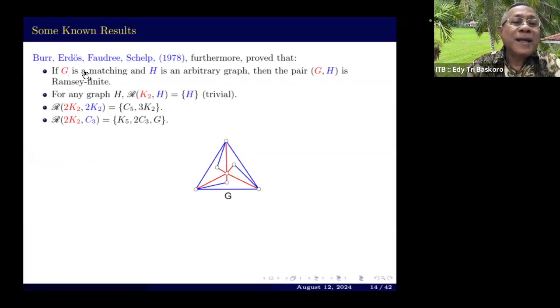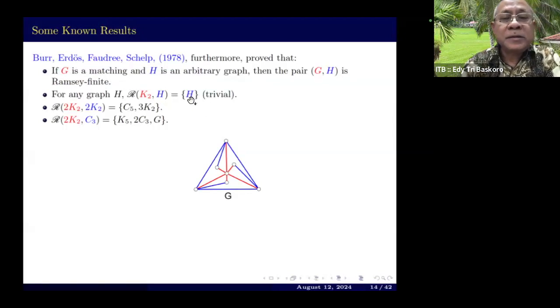First, Burr, Erdős, Faudree, and Schelp in 1978 proved that if G is a matching and H is an arbitrary graph, then the pair (G, H) is Ramsey finite. That means the number of non-isomorphic Ramsey minimal graphs for this pair is finite. Trivially, if you have (K2, H), the set has only